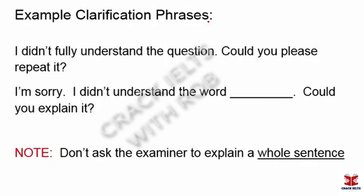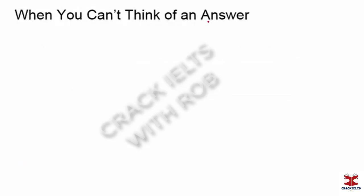You don't want the examiner to have to explain a large chunk of language. That will probably bring your score down a little bit. But it's perfectly fine to ask about words and to have the examiner repeat sentences that were difficult. Okay, now in situations where you just can't think of an answer to the question that's been asked, earlier we